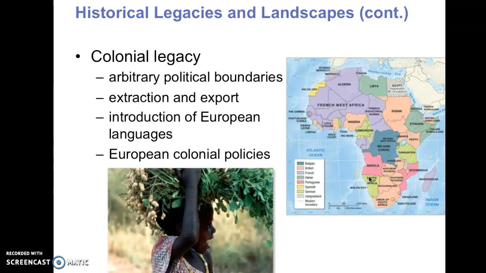It changed the type of crops. It made food scarce, because people were used to farming in a certain manner, raising their food. Well, now this land was grabbed and turned into large plantations. So these European colonial policies had a lot to do with poverty throughout this region here, particularly of native peoples. So you had this real dichotomy. Europeans were wealthy, native peoples were very poor.